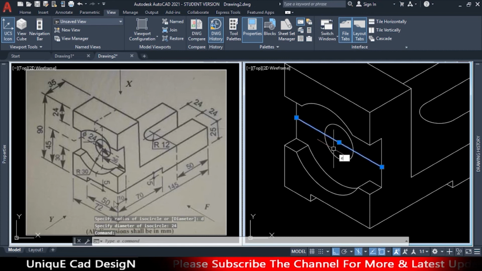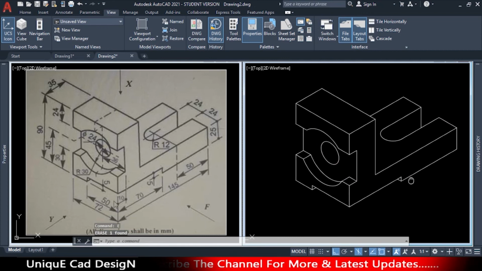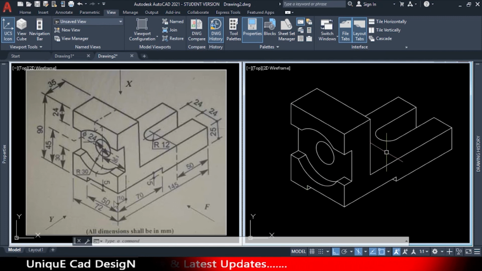I trim these two lines. Now this drawing is completely regenerated like this.